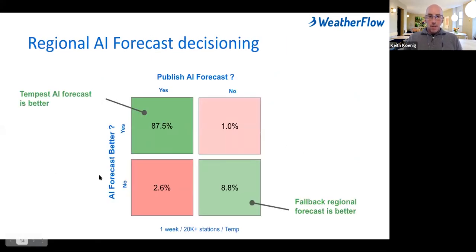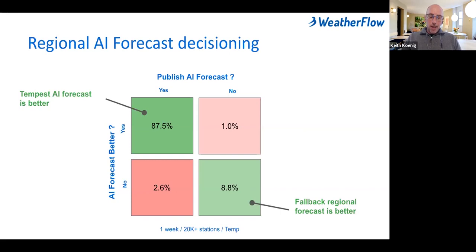Apologies in advance, this is a little bit complicated to take all in, but in the previous slide, the center regional decision of the cylinder was a decision to say, should we use the WeatherFlow Tempest AI model? Is this the best one we think for this given day in this given region?